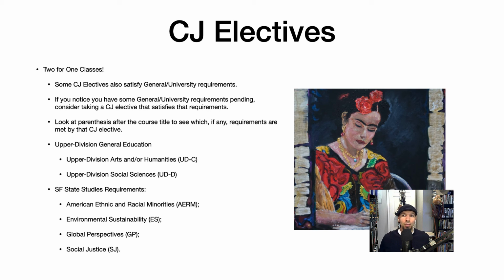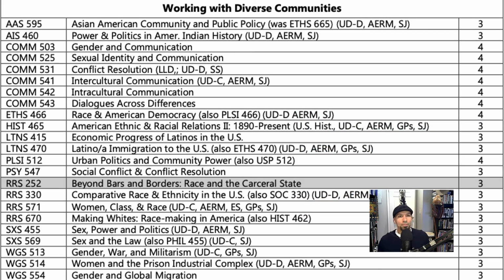So here's a sample image of that roadmap I mentioned. I took a screenshot of it and slapped it up here. So for example, if you look at the first course underneath working with diverse communities, which by the way has the highest concentration of classes that satisfy non-major university requirements,